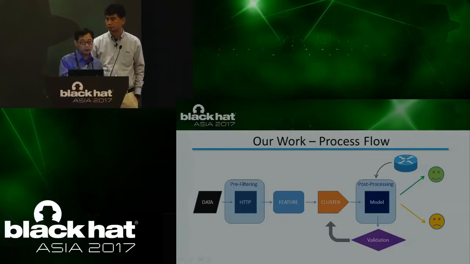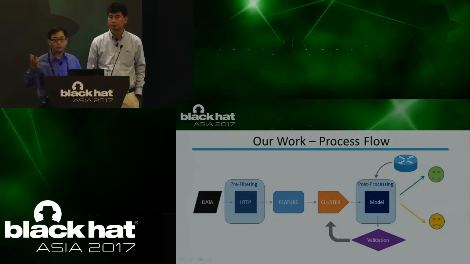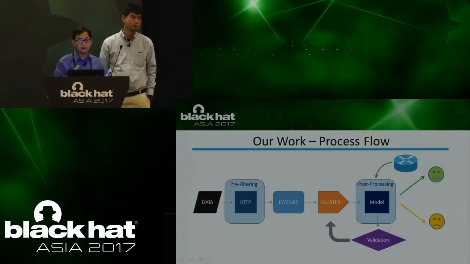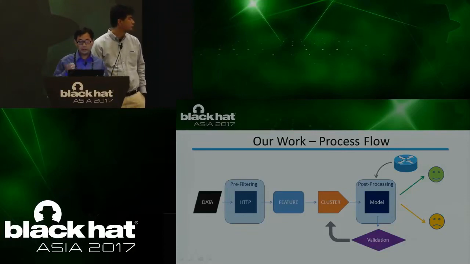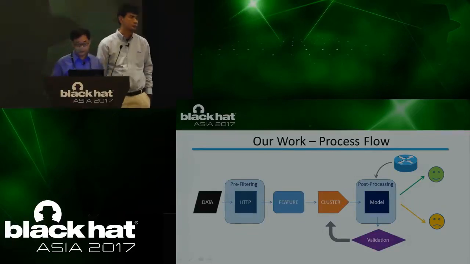Essentially, we have data pre-filtering. For pre-filtering, we use popular domains, like the OpenDNS popular top 10K, which basically filters out those URLs because otherwise it would be too much for us to process. We do the feature extraction, do the clustering, and do the validation of the model using the in-house testing data to make sure these are very good models. Then we can apply the models to the real traffic and tell you this connection is good or bad.